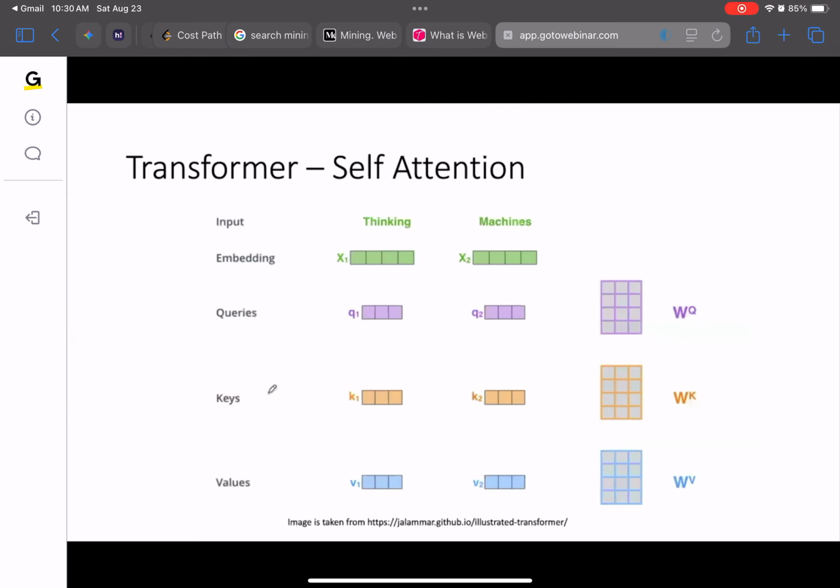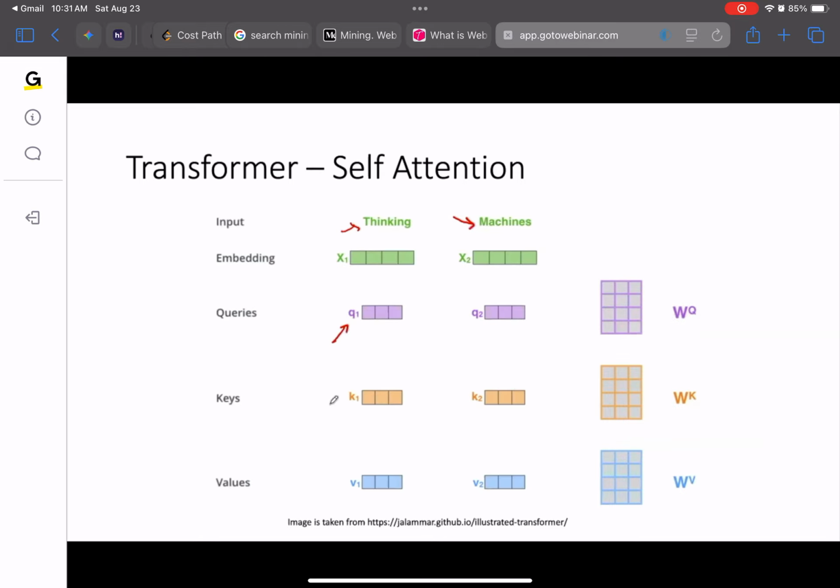So here we have two input words, thinking and machines. These are the two input words. They are represented by these vectors x1 and x2. Those are the vectors to start with. Now, for each of these input words, we represent them by a query vector,